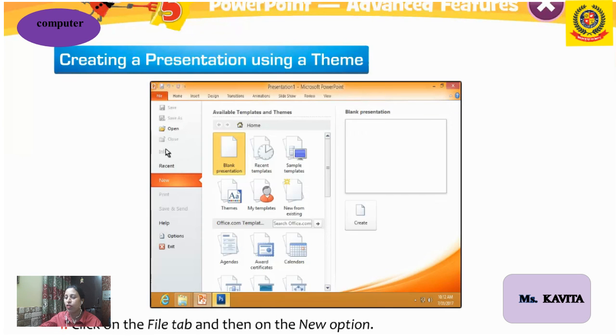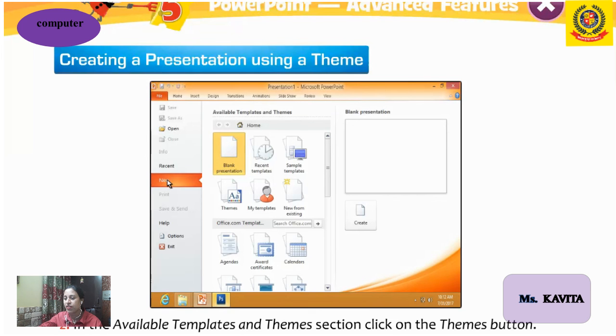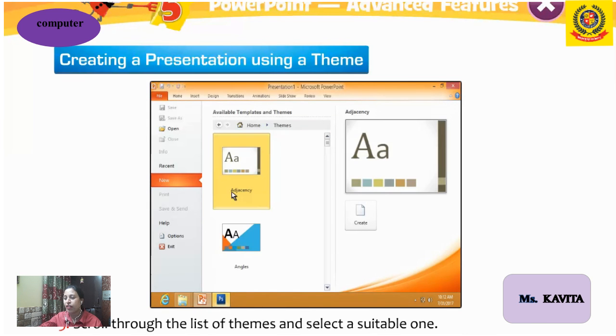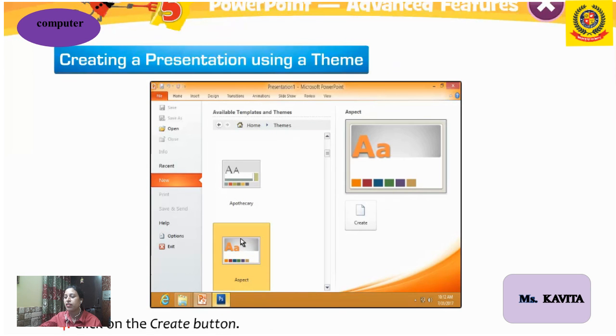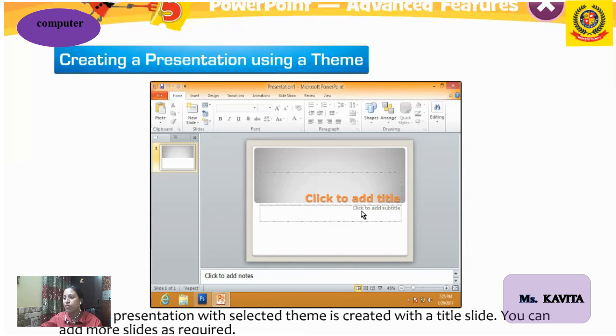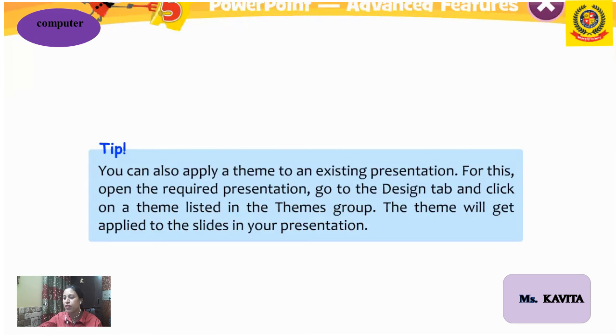You can also apply a theme to an existing presentation. For this, open the required presentation, click on the design tab and click on a theme listed in the themes group. After applying a theme to a presentation, we may feel that the elements of the theme are not per our liking. So we can change the colors. Different color schemes are available.